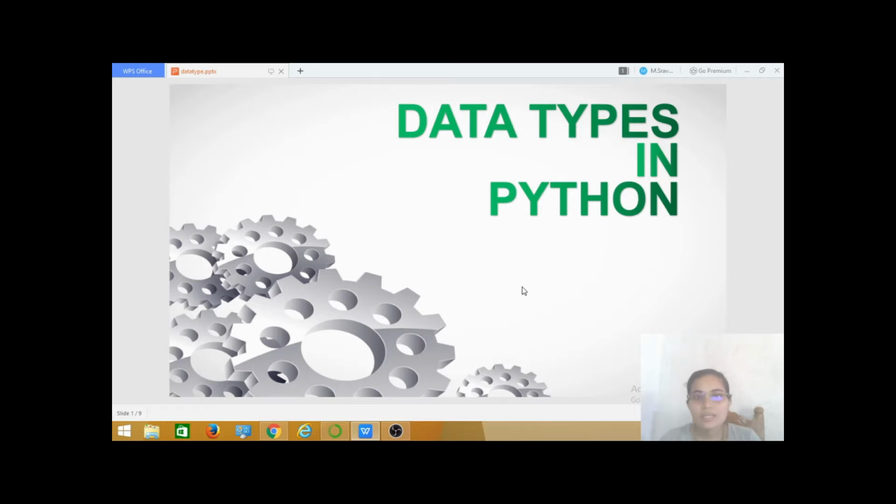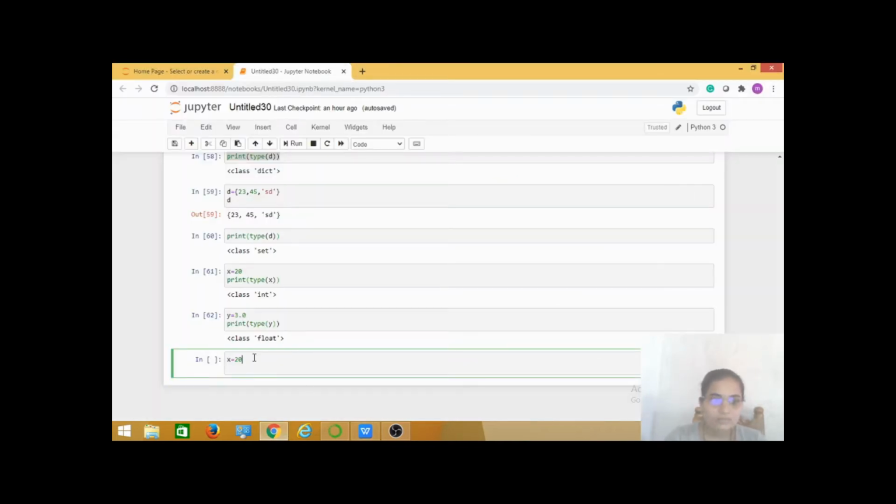In every programming language, data types play the most important role. Variables are assigned with different data types, and these different data types can do different work. Variables of numerics can be created when you are adding some values to them. For example, here I am taking x equal to 20. When I gave this 20 to this x, at that time only this x variable of numerics was created, as well as the data type for that particular variable.